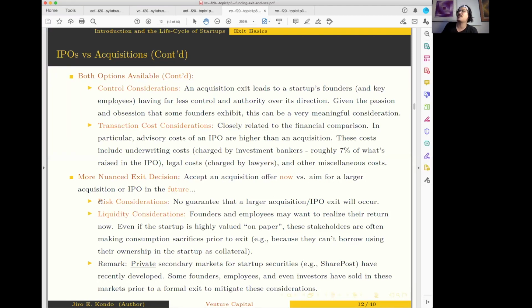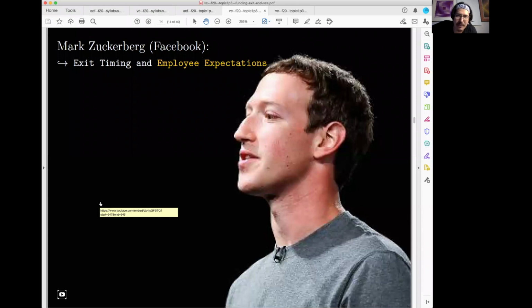And I'll actually first start with the second example that I have here, which is the example of Facebook. And Facebook actually faced this decision. Do you accept an acquisition offer relatively early, or do you swing for the fences? And I think we know what decision was eventually made, right? The early acquisition was not an acquisition offer to laugh at. It was an acquisition offer by Yahoo to buy Facebook for $1 billion,